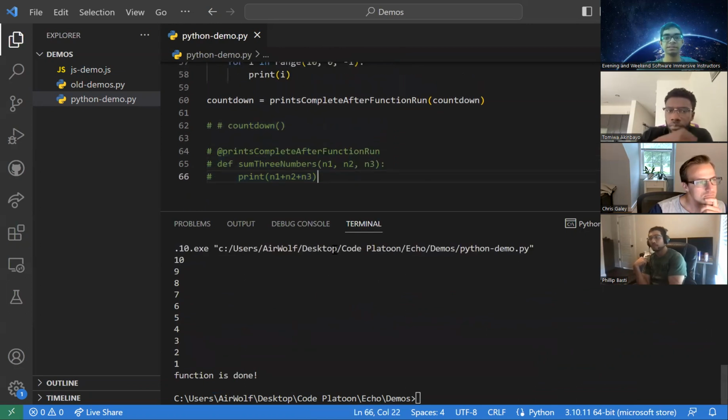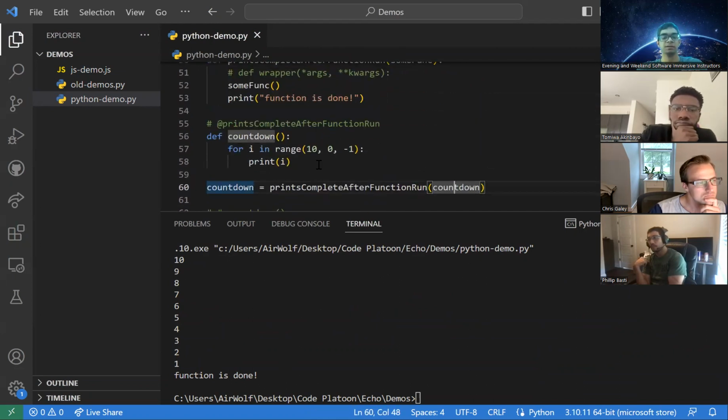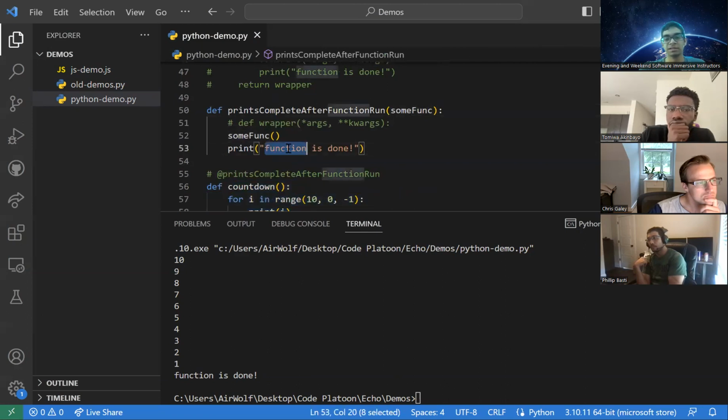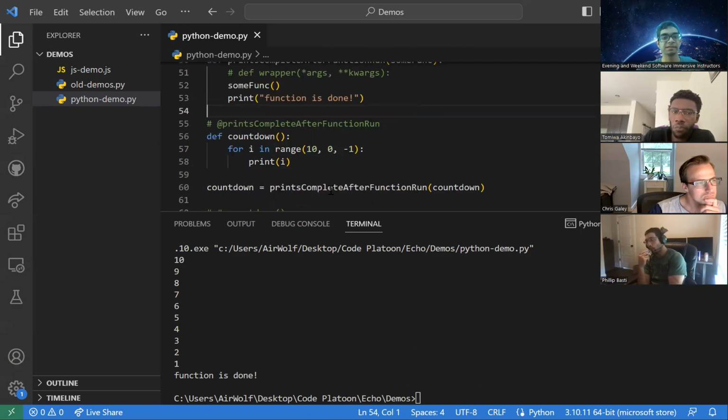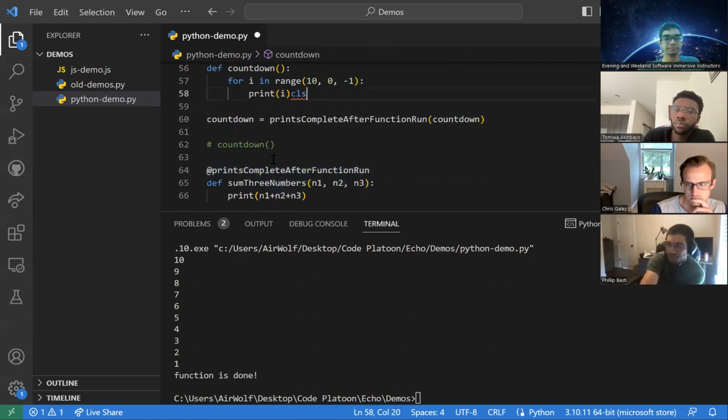So again, as we can see right here, we're running countdown. We're saying it prints complete after function run. So it runs this guy, and then we input it to our sum function that says, all right, the function's done. Nice and easy. But this doesn't really change our function definition at all. It just runs it. So if we want to use decorators to change the behavior of our function, well, one, we have to use the decorator